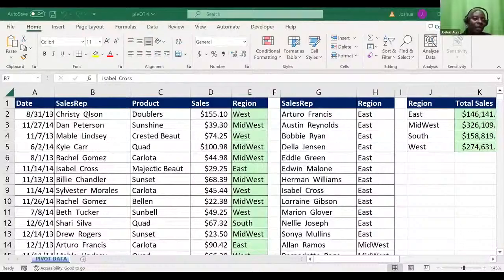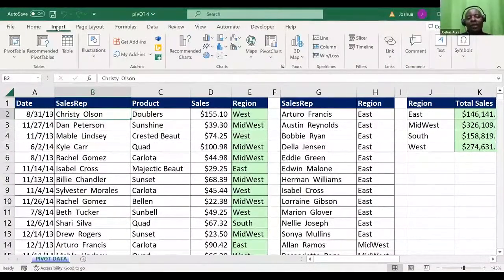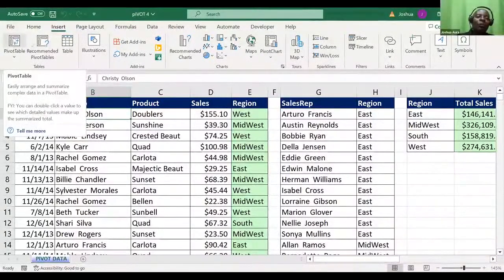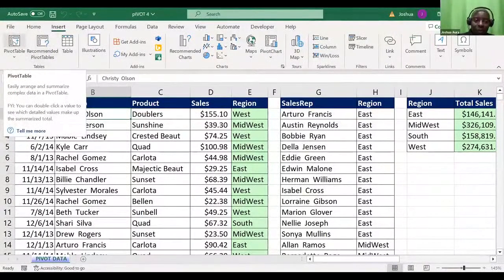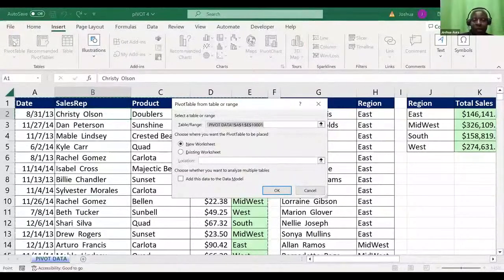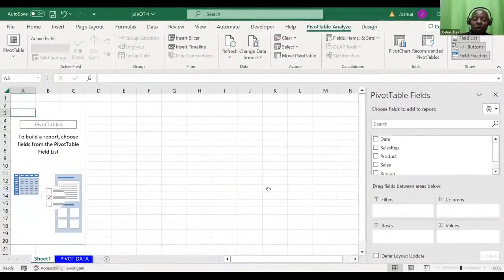But now because you think I'm stupid, there is no problem. What I'll do, I'll just come and click inside the table, the entire table as a CFO. So once I click inside here, because I would want summarization, then straight away, I will go to insert functionality. So when I click insert functionality there, then I will be able to see pivot. I don't want to work with this recommended. I'll always go for pivot table. I say pivot table. Now from there, once this pop-up is up, I'll be able to say, okay. So first of all, I would want to know whether my students have been able to reach this stage.